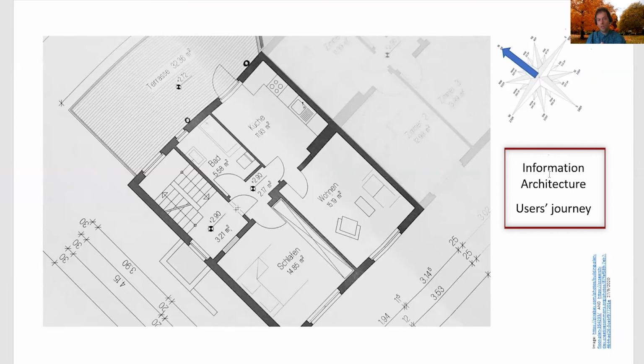We call it information architecture, and this is how we develop websites. We look at the user's journey. What does the user need? Where is the gap, the missing point? What can we add to it? Always know your north. Always know your users. And then you can think about the actual design.